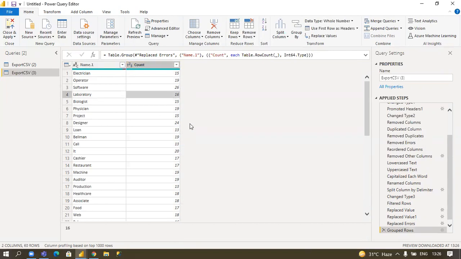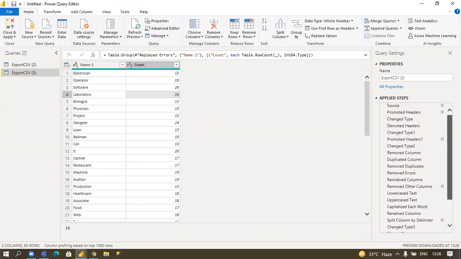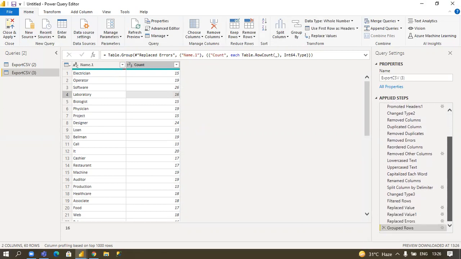One more thing is very important: whatever steps I have done till now, all steps are recorded here. You can see if I remove the last one, grouped rows, I don't want this, because there is no Control Z option. So if you want to go back one step, yes you can delete this one.